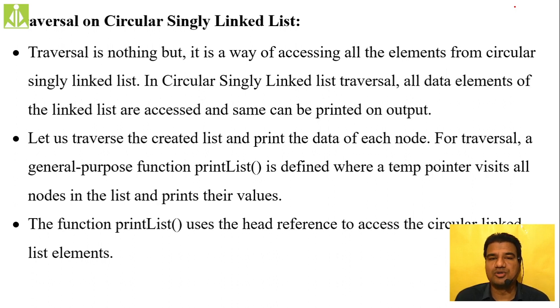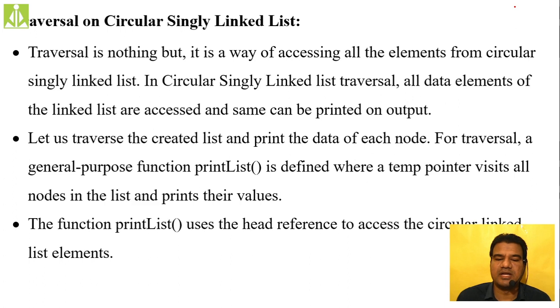So generally, in order to implement the traversal, we'll take the help of the print list function. We'll implement the print list function. Generally, print list function will print the values of all the nodes present inside your data structure. So if it is a circular singly linked list, here also you have to traverse all the nodes from first node to the first node once again, isn't it? So we have to traverse in a circular fashion and we have to stop over there itself.